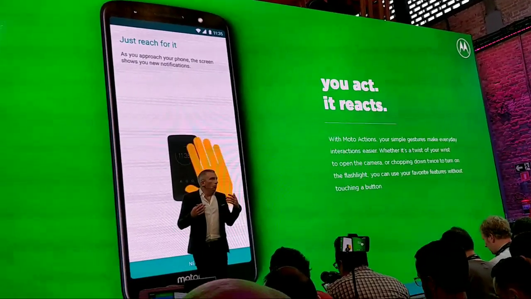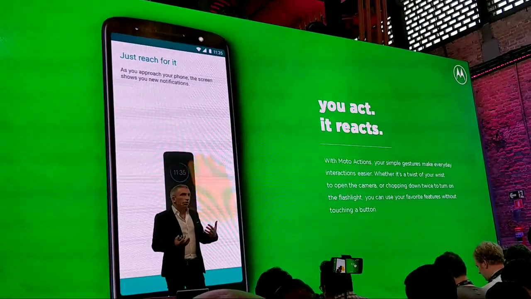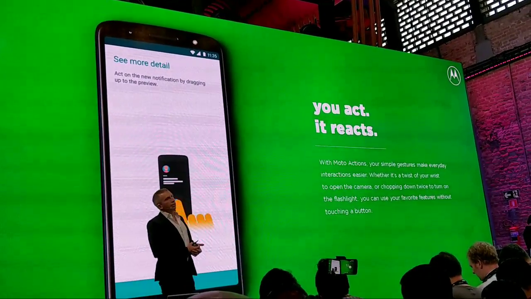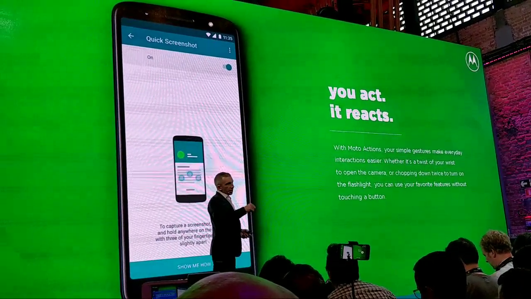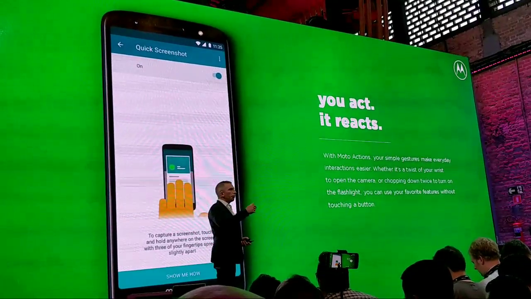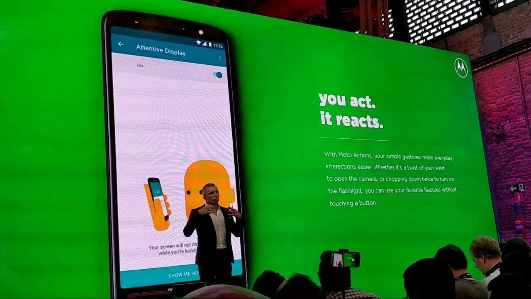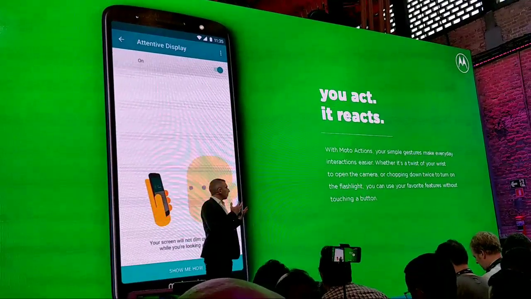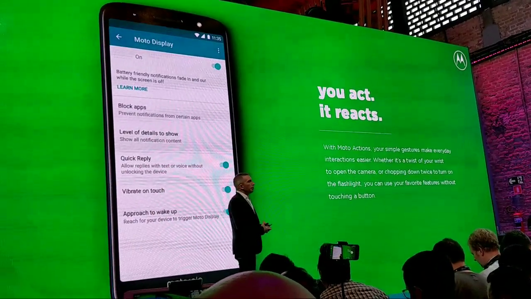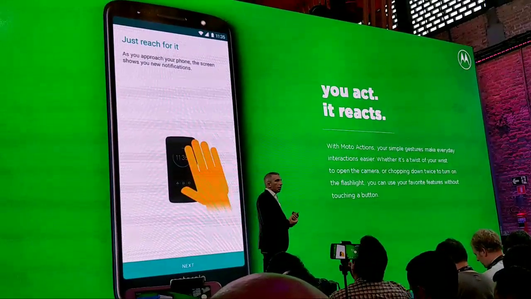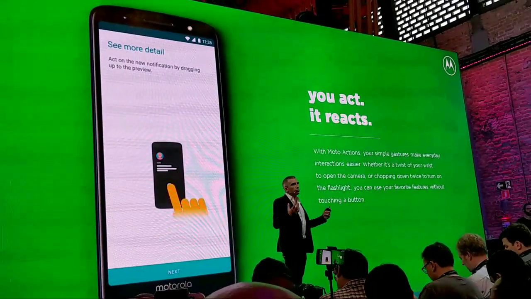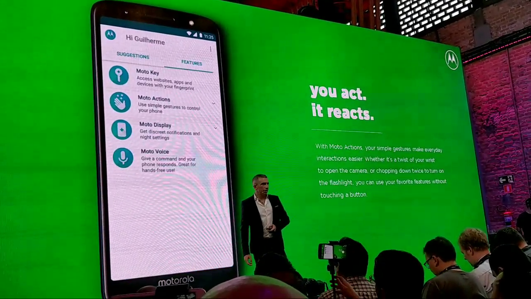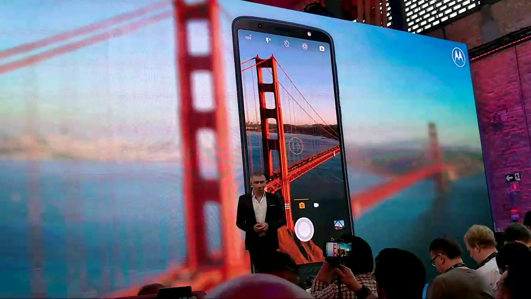So that's what Moto experience is, or used to be, but wait, it gets way better than that. Now, all the sensors, the camera, the microphones, the proximity sensors, all the sensors you have on the phone, they are not only smart, they are becoming powered by AI, by artificial intelligence. And that's unleashed a whole new world of creativity and of possibilities.